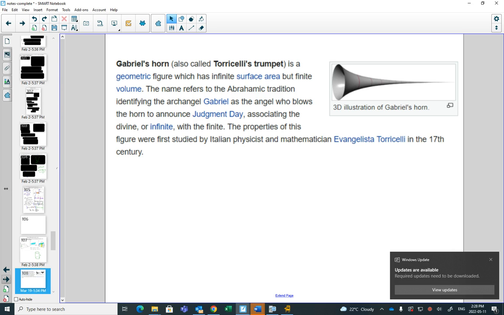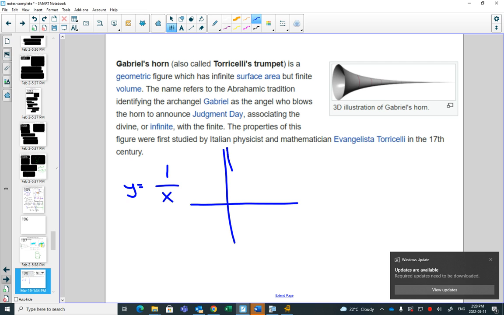Well, yeah, it depends how you look at it. Here is an example of a really weird shape in mathematics. Okay? Gabriel's horn. This isn't in your notes. It's basically taking, I believe it's the 1 over x graph, just this part of it. And in fact, you only have to start there. If you rotated that 360 degrees, can you see that you would get this shape? And since there is an asymptote here,